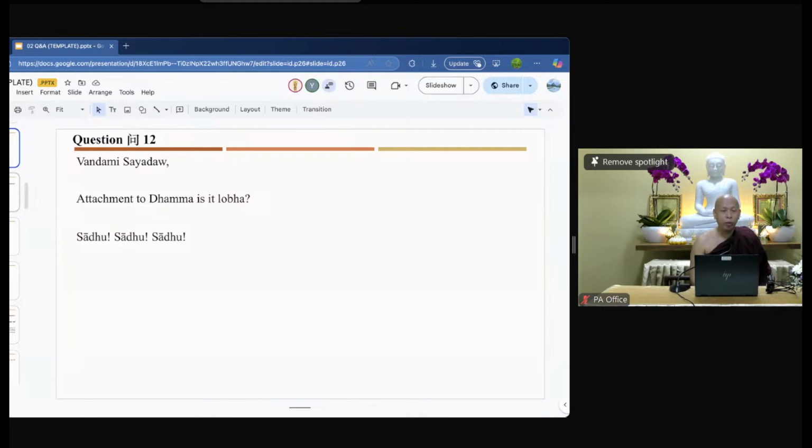For example, we may have attachment to translucency, right? Attachment to self-materialities, hard materialities, also other unconcrete materialities, also citta, cetasika, consciousness and mental factors. If we have attachment to anything, this can be considered as Dhamma Dana. Okay? So attachment to Dhamma means if you have attachment to meditation,